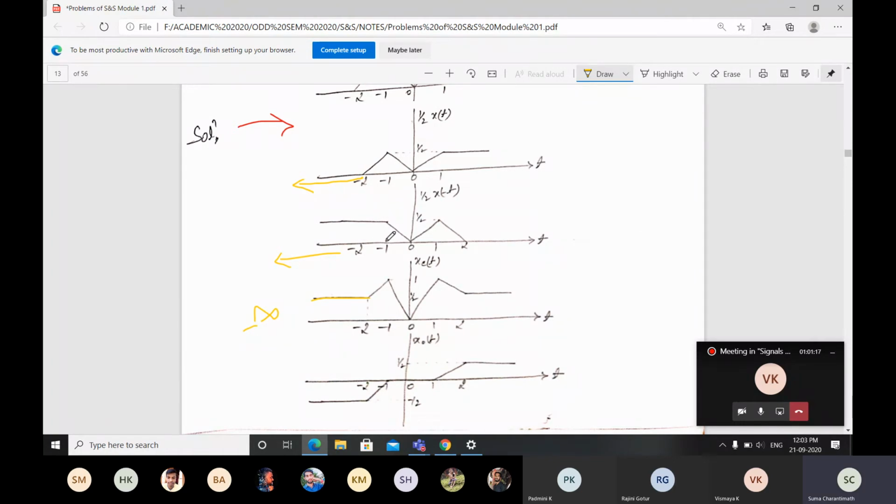Then at minus 1, here having amplitude as 1 by 2. Here also 1 by 2. If I add these two signals, what I will get? 1 by 2 plus 1 by 2, you will be getting 1. For that reason, from minus 2 to minus 1, the amplitude is going to change from 1 by 2 to 1. Observe here, here is a rising edge. For that reason, you have to rise the edge.